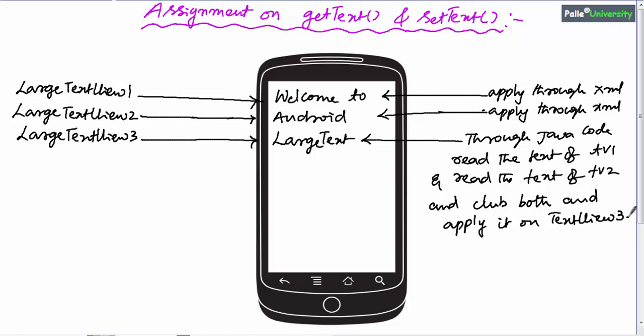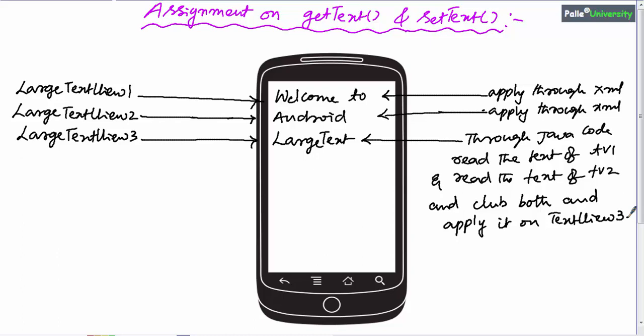You can read the data of text view 1 and text view 2 by using the getText method, that is tv1.getText().toString(), take it into one string variable, and tv2.getText().toString(), take it into one more string variable, and club both, just like how you can use the plus operator with integer values. Similarly, you can club two strings using the plus operator and you can apply that final string on text view 3 using the setText method.